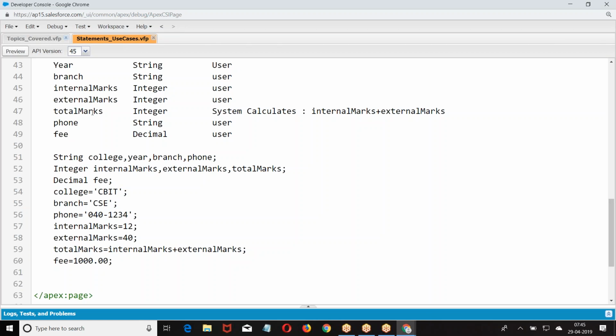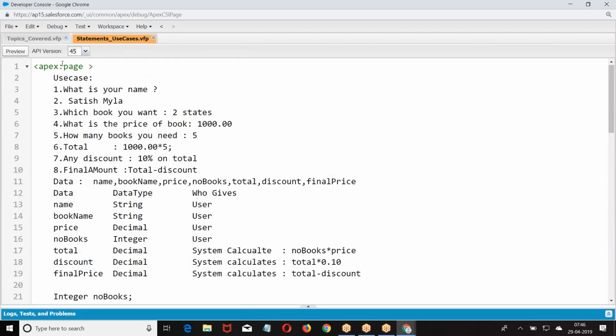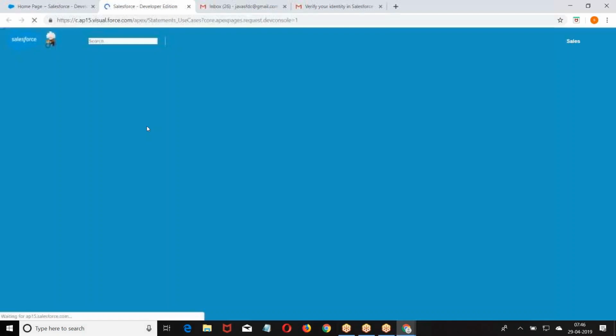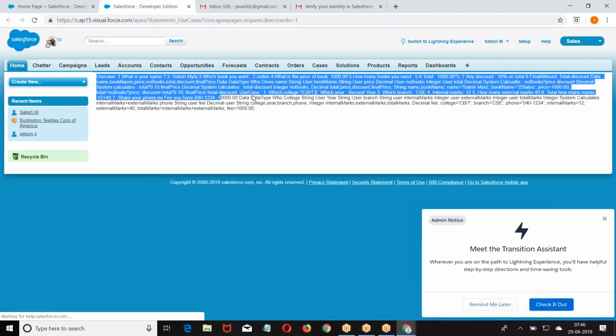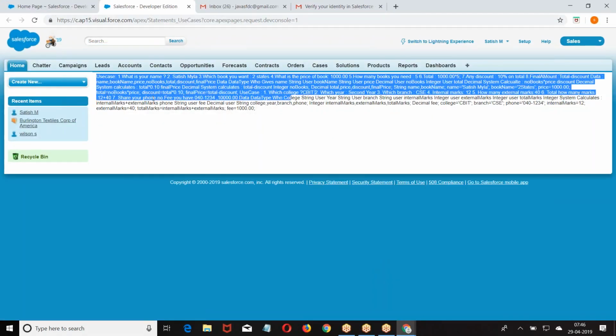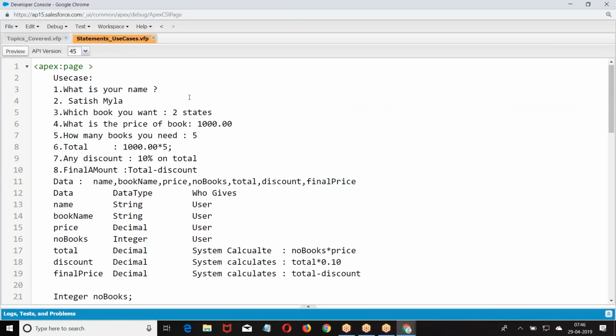Right. Now we have created it. Now, to see the output: right now we didn't do any Visualforce pages. In Salesforce, any data will be printed on VF pages. If you create a VF page, then I can click on preview. This is how we can see the output. But we have not started the Visualforce concepts. Because we didn't start Visualforce, how can I see the output?